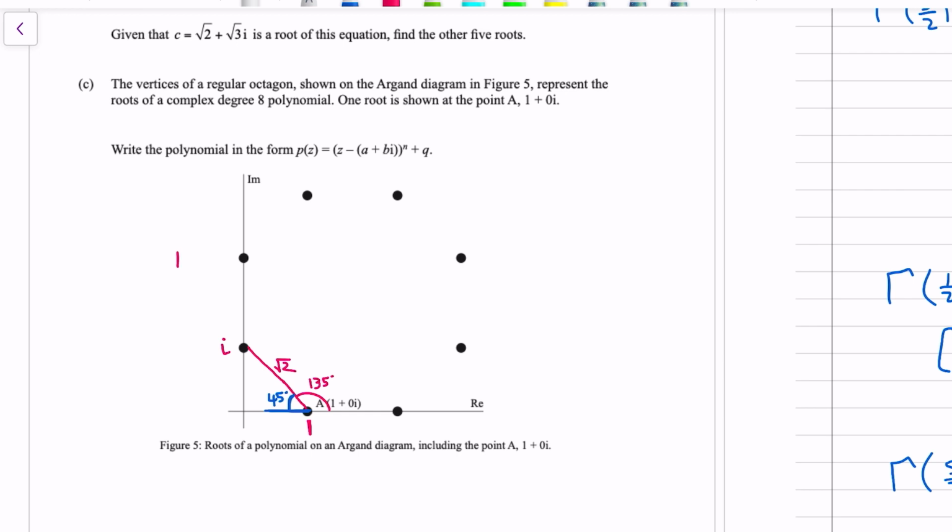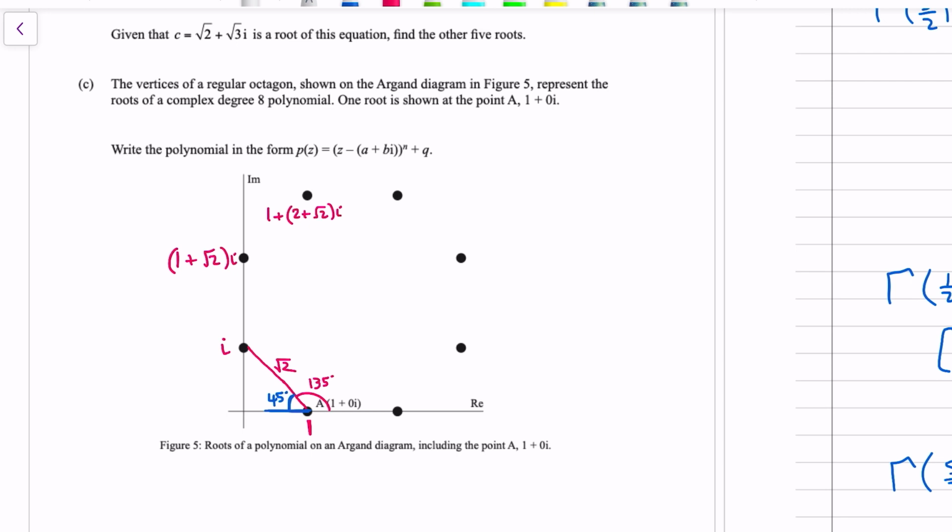So this is going to be 1 plus root 2 times i. And then the next one's directly on top of 1, so it's got a real part of 1. We need to add another 1 to the 1. It's going to be 2 plus root 2. That's also got a real part of 1. 1 plus 2 plus root 2 i,